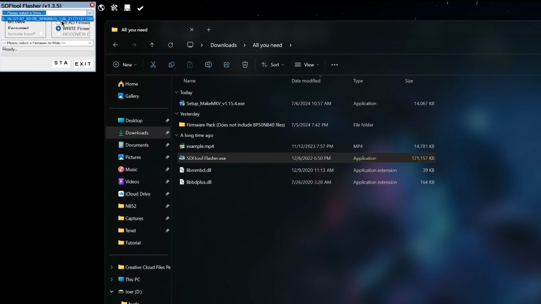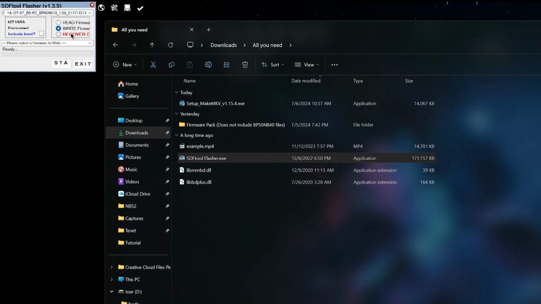What we're going to use for this is SDF Tool Flasher and the firmware kit that's in the All You Need. So we're just gonna select our drive there, and I just want to say this process is very simple, although you need to be very careful with what you do. One wrong click could brick your optical drive. Although this mistake is hard to make if you're careful, there is an exception to what I'm about to say. So if you have any model of the LG BP50NB40, simply listen along and wait until the next section of this video. Now, for people who don't have this model to flash, in SDF Tool Flasher, simply select your optical drive at the top,